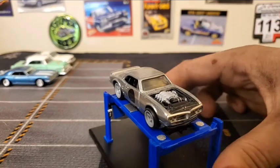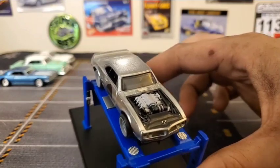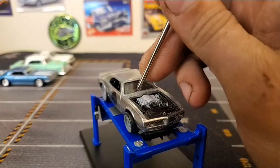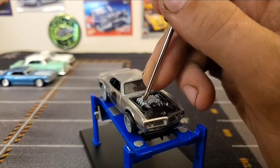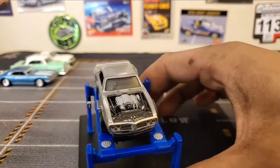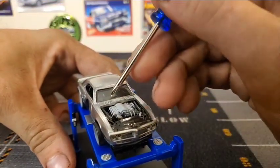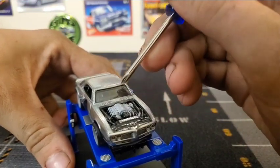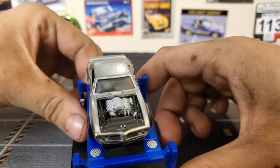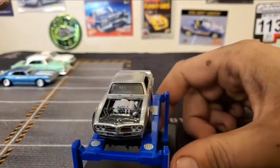No turbo on it, which is surprising because usually people turbo them. But you can make out right down to the coil packs on top of the valve cover here, which is a dead giveaway when it comes to an LS engine. Identifying an LS engine, that's the first thing you look for, is the big huge coil packs on top of the valve cover and the intake manifold that looks like a stack of bananas. So there's your LS swapped